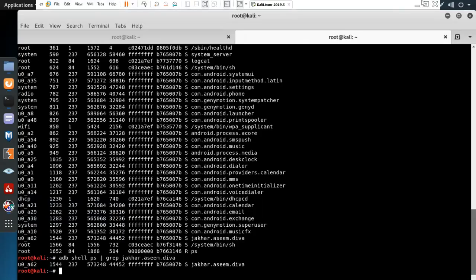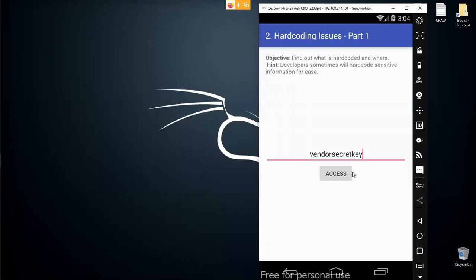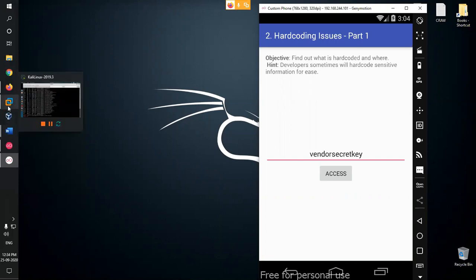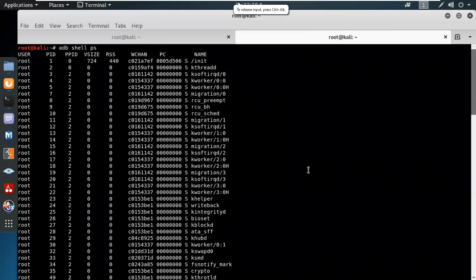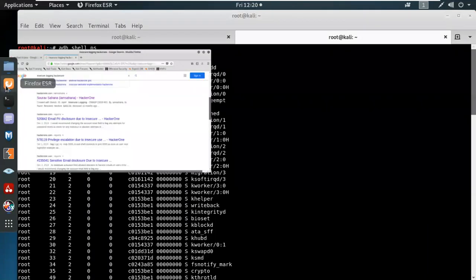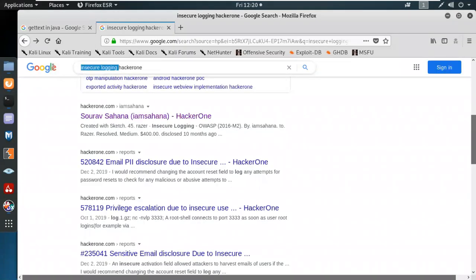The hard-coded issue arises when the developer might store sensitive information on the backend of the source, and they are not aware whether they have mitigated it or not. The most important part is to mitigate the services one by one to perform a security review. For example, if you search for the hard-coded issue,